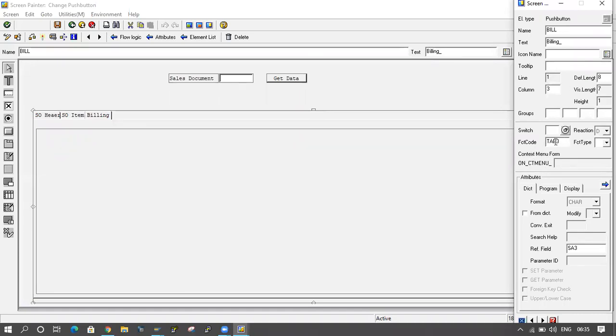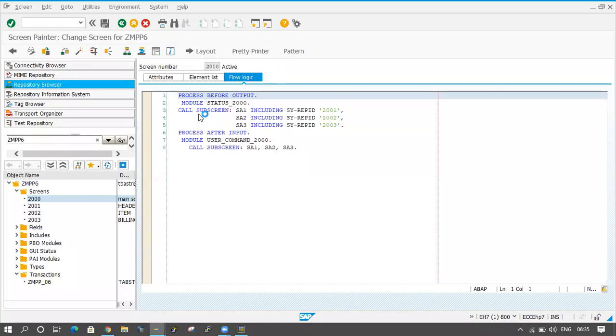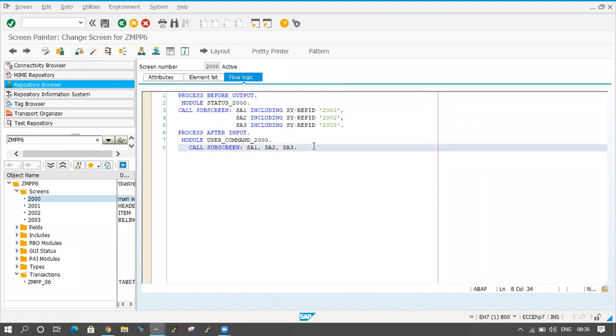So if I click on this tab three, meaning billing, then the S5 UCOM system variable will contain tab 3, right? At the same time, the system will contain the tab name also as tab 3 only. Whatever you give as the name in the function code, the system considers that as the tab name. So that is why the tabs are not displaying here.